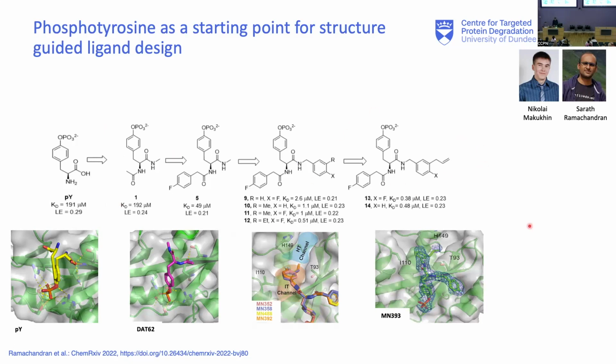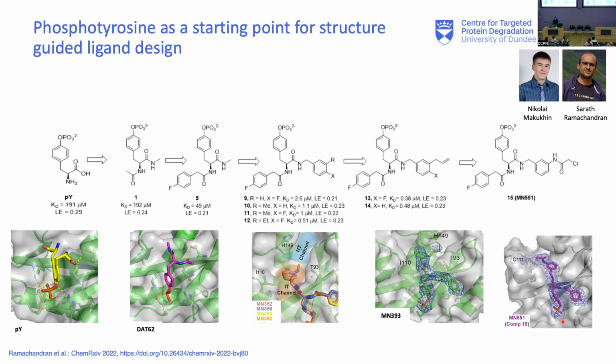This has been about 50 crystal structures with different ligands solved in between. And we've characterized all these ligands extensively using SPR and ITC and also 19F NMR. At this stage, we accidentally realized that we were growing this fragment towards a cysteine in the binding site that we could target covalently, and so that gave rise to